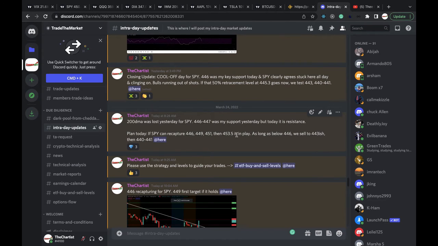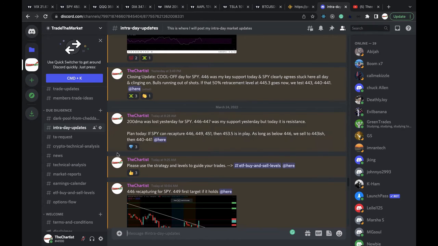Okay, so the SPY was under 446 in the pre-market at one point. So my plan today, if SPY can recapture 446, 449, 451, 453.5 is in play. Those are my upside targets. As long as below 446, we sell to 443-ish, then 440 to 441 zone. Okay, and I did mention this in yesterday's video as well, okay? I said if we recapture the 200-day moving average, that's when I would be more bullish on the SPY, which